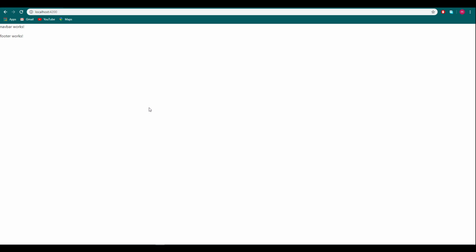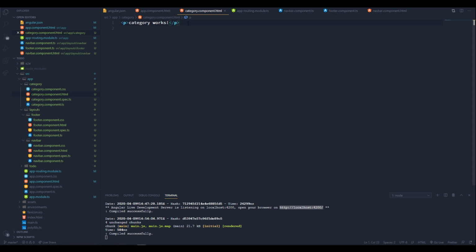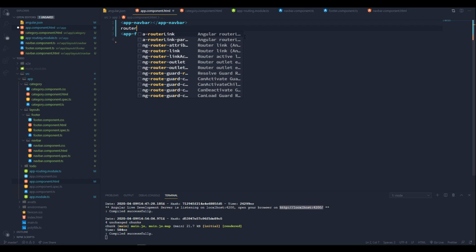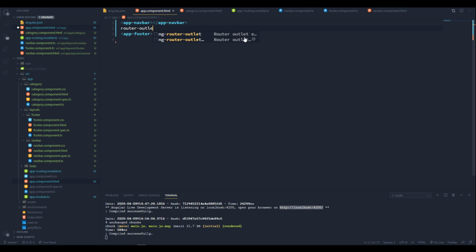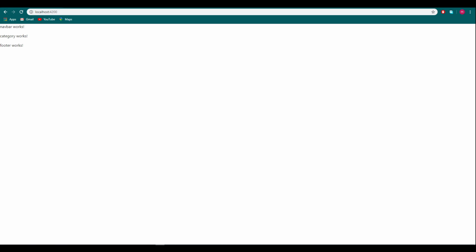This is not working. If it works, this will show this "category works" text inside the browser. Oh, I made a mistake here. I forgot to add the router outlet. So add the router outlet between this navbar and footer components. Save this file and back to the browser. Beautiful. Now we can see this category works text here, which means we have successfully added the category component to